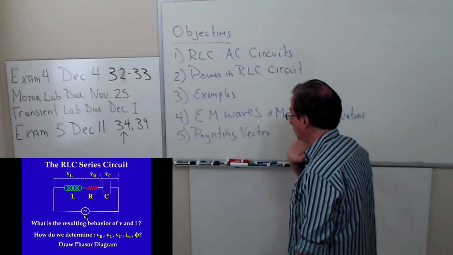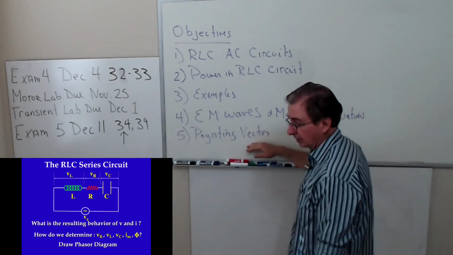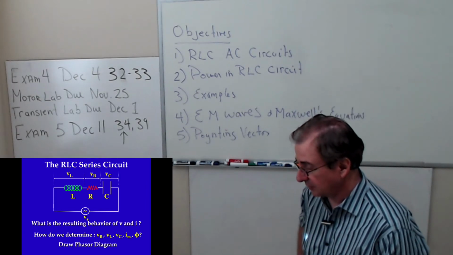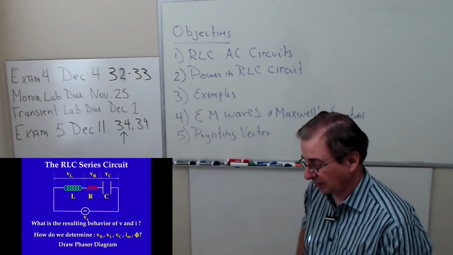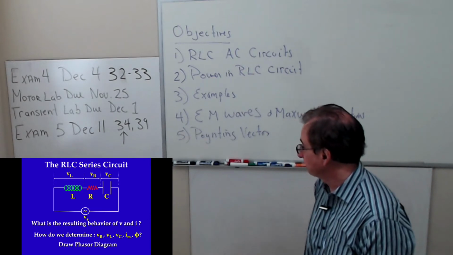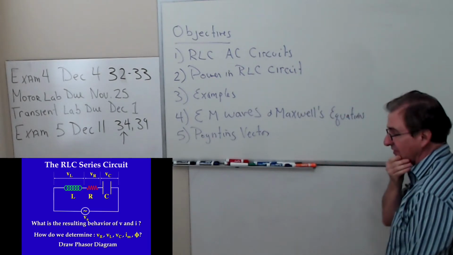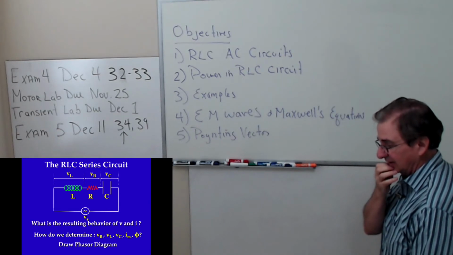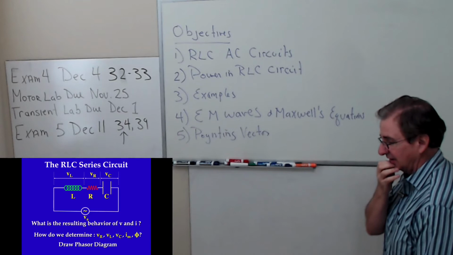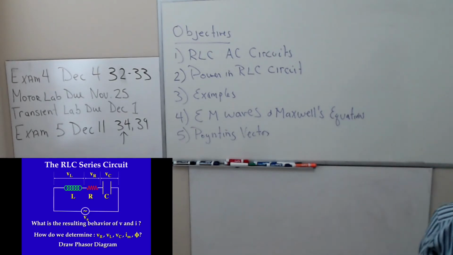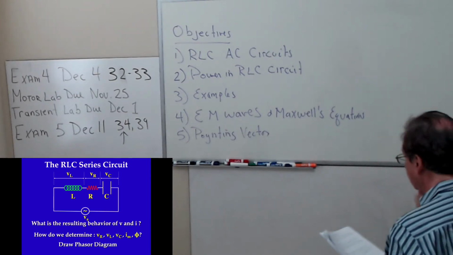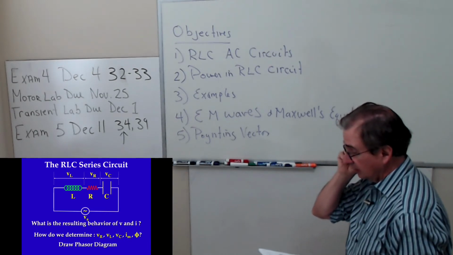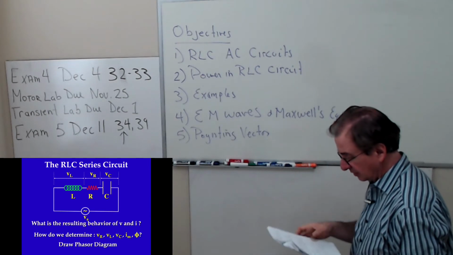If I get far enough, if I actually complete the Poynting vector, I think the rest of the chapter I might skip, because the rest of the chapter is just a bunch of plug and chug problems. Okay. All right. Any questions? Okay. All right. I did want to say something about exam 4 that I might not have mentioned.